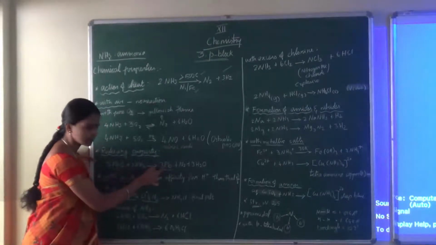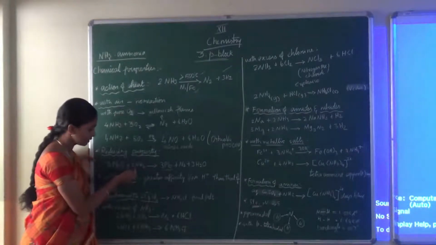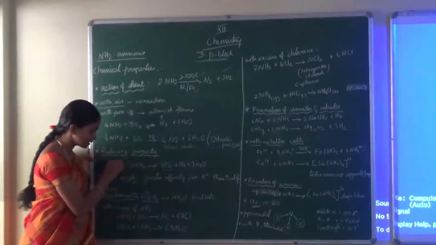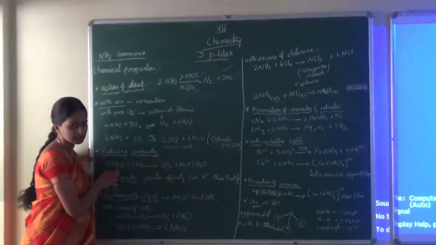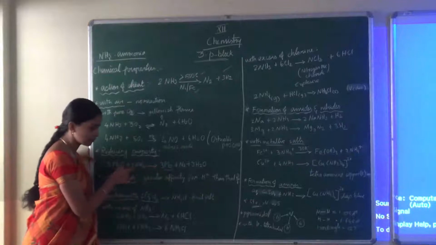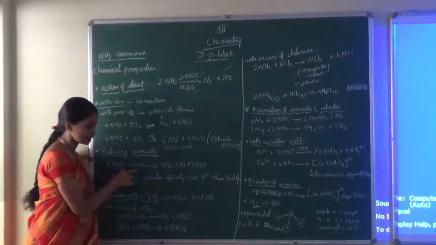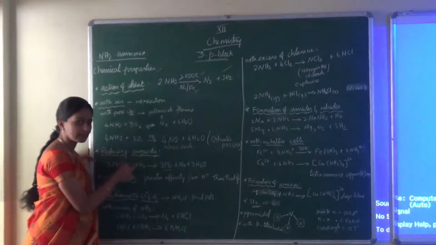How is it converted? What have we used here? Here we are using ammonia. So when we use ammonia, the oxygen is removed from this metal oxide. So metal oxide is converted into metal by means of ammonia. Who is doing this work? Ammonia is doing this work. So we can say ammonia is acting as a reducing agent.